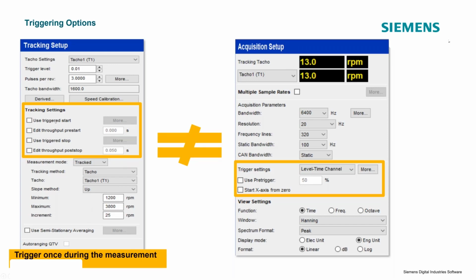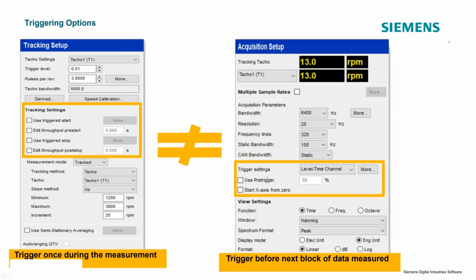So you might have some start condition you're waiting for, a temperature, or you might have a microphone and you're waiting for some sound pressure level to be achieved. Then it starts the tracking. It'll look for the 1200 RPM and the right slope, and it'll go to that RPM maximum and stop. If you are using trigger settings on acquisition setup, that's on a block by block basis. So each chunk of data requires a trigger before it goes to the next block and grabs that data, calculates the FFT, and saves it.